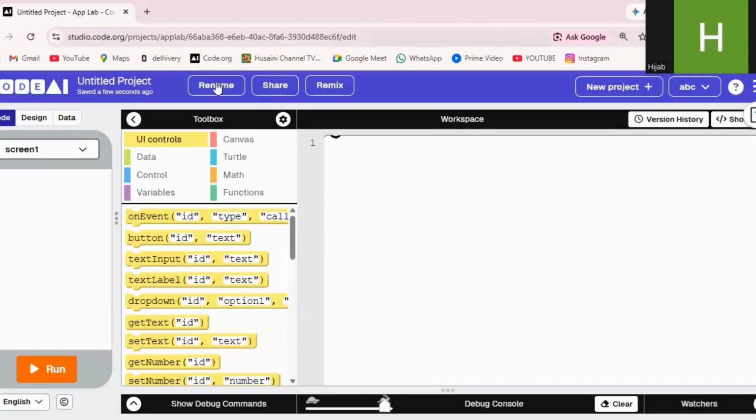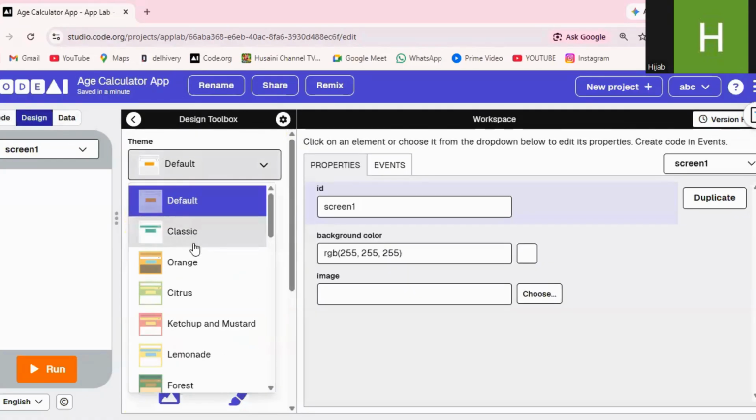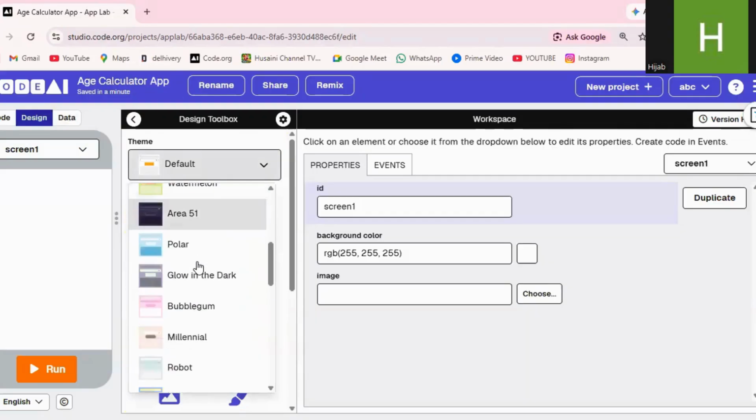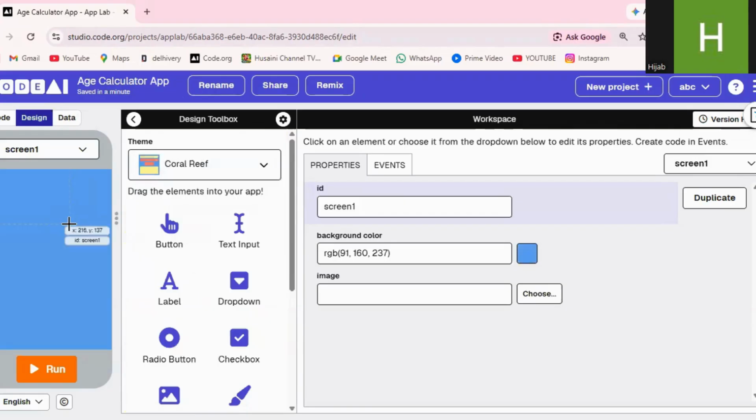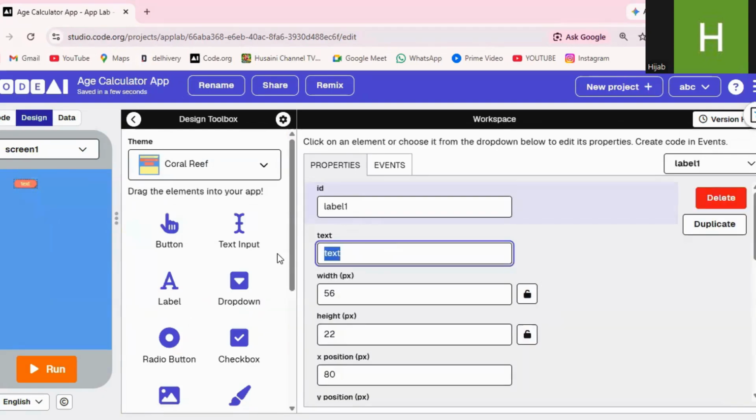So as you know, the first thing that we do is renaming our project, which is going to be age calculator app. Save it and then go ahead with design. Select any default theme of your choice, whichever you feel like. Okay, select that. Then we need a label which will help us to display the name of our app, which is